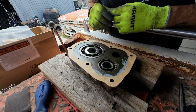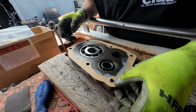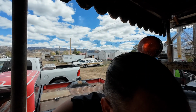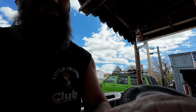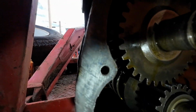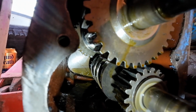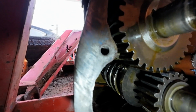We're going to go over to the winch and clean up that mating surface and then get this prepared to go back together. Now, while we're waiting for silicone to set up, we're going to show you a lot of people got away from these old Holmes winches because they were noisy. And they're noisy because if you look in there, they are straight cut gears. They're not like spherical cut or anything, so it's very angry,